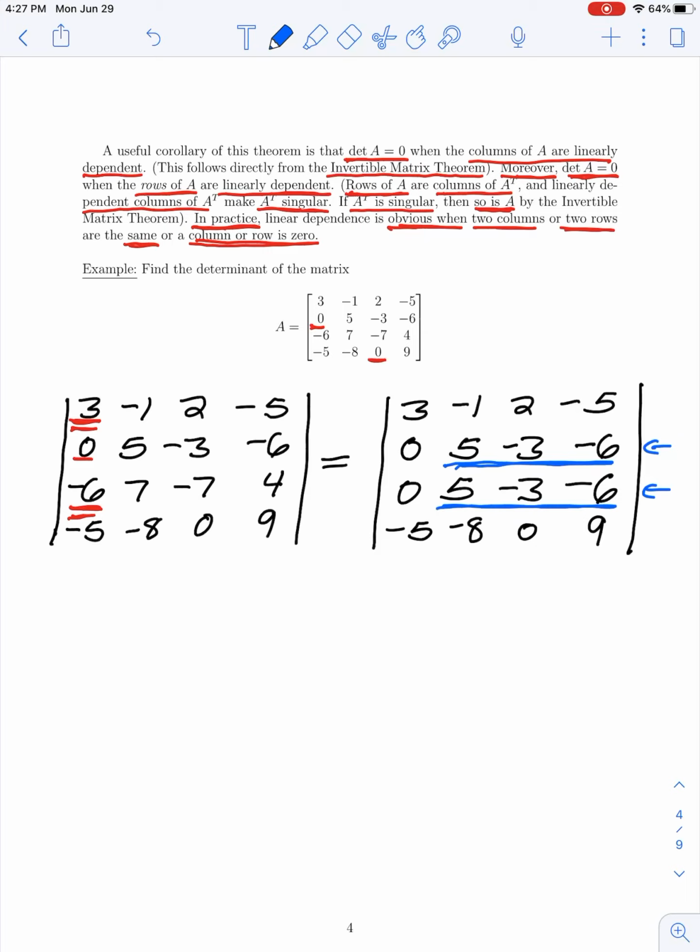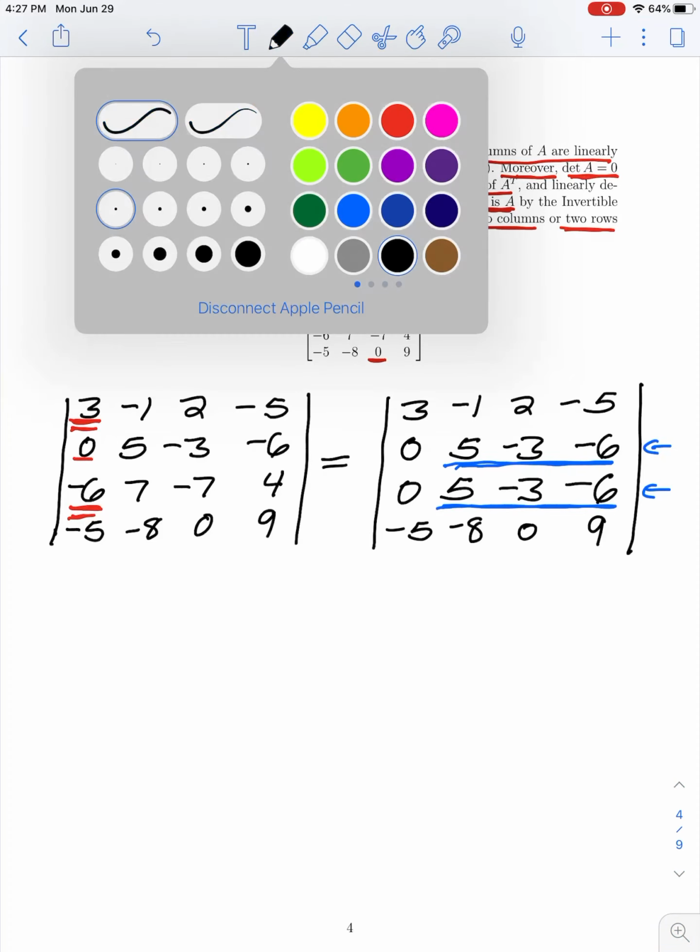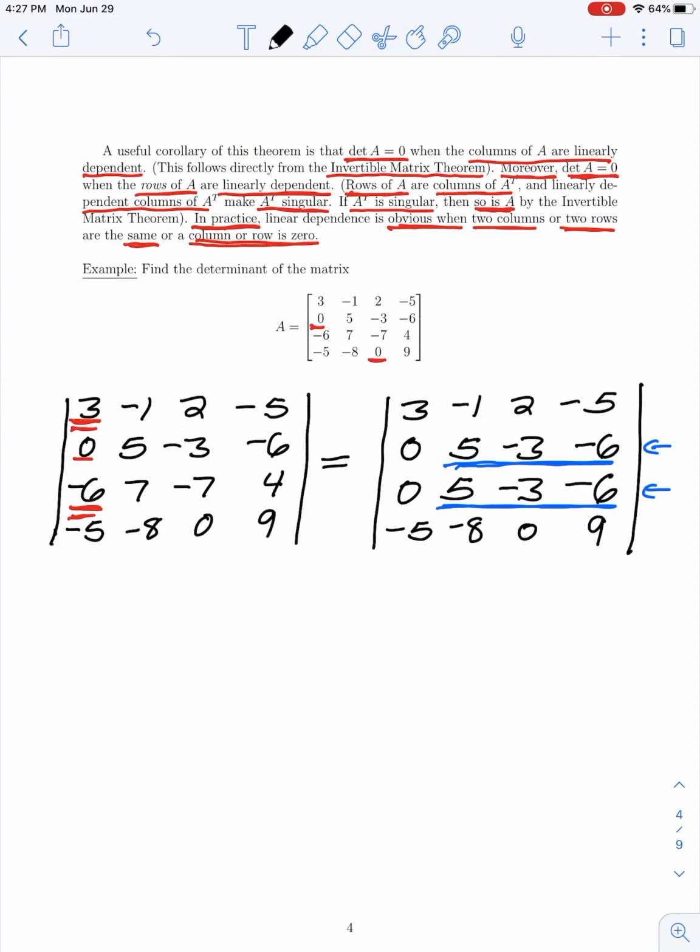And the invertible matrix theorem says that if we have linearly dependent vectors as the rows or columns of our matrix, the determinant must be 0 since it does not have an inverse. So here we can say the determinant of our matrix is equal to 0